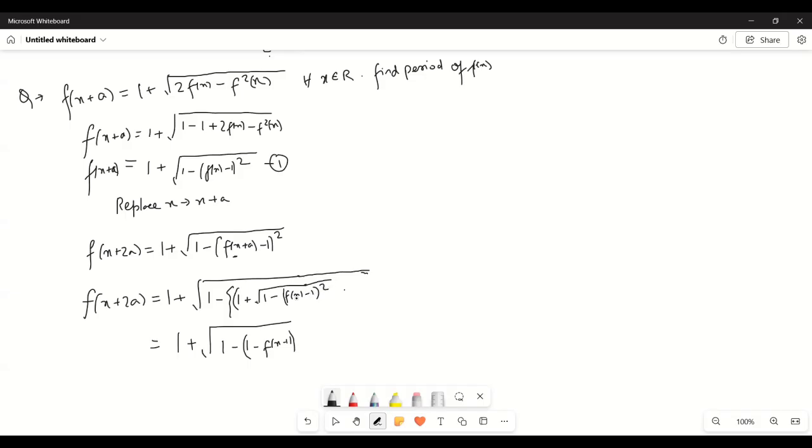f of x minus 1 का whole square, ये जगह पूरा आ गया। फिर ये क्लोज होगा, फिर -1 होगा और फिर एक स्क्वायर आएगा। अब ठीक है, क्योंकि यहाँ पे तो सिर्फ f of x plus a का वैल्यू प्लग इन किए थे ना, ये वाला पूरा पार्ट तो f of x plus a का वैल्यू है, राइट।